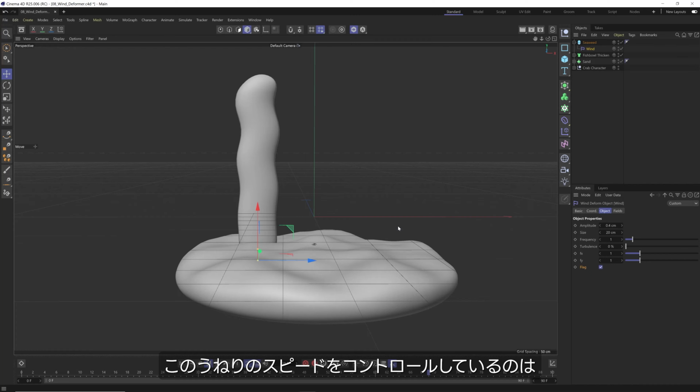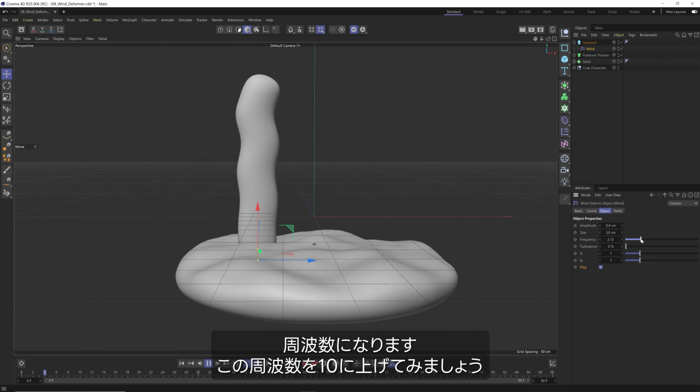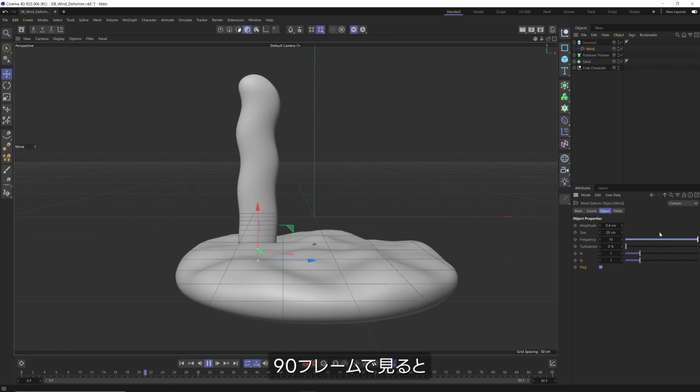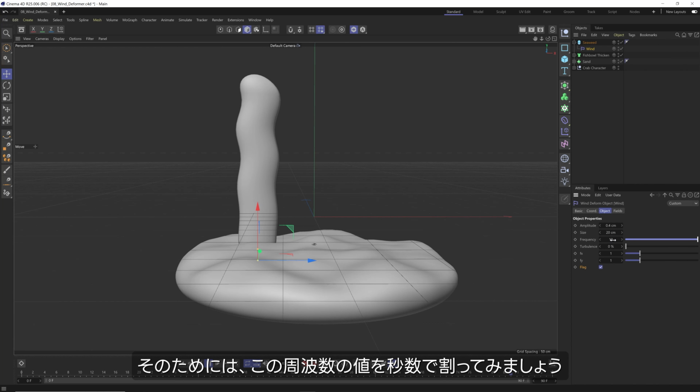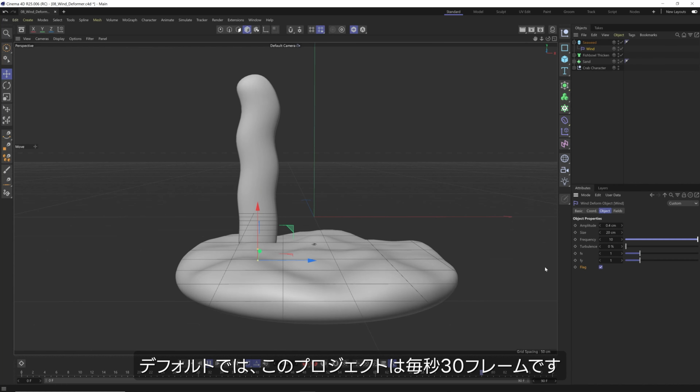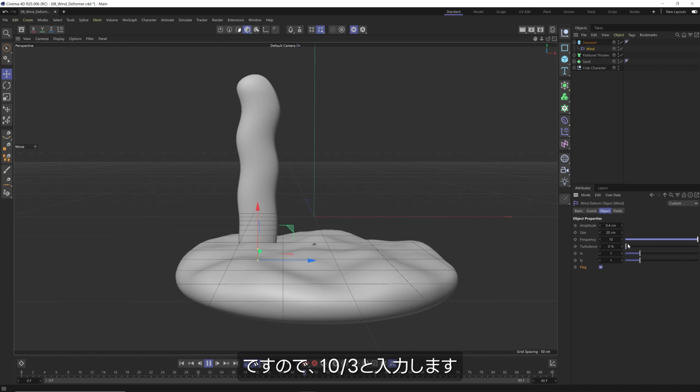You'll see that this has this nice undulation without any keyframes whatsoever. Now you might be wondering what's controlling the speed at which this is undulating. Well, it's this frequency option. If I crank up the frequency to 10, you can see that over 90 frames, we have a perfect loop. But what if we want to make this slower? What we can do is just divide this number by the amount of seconds we have here. By default, our project is 30 frames per second. So if I just divide 10 and just hit